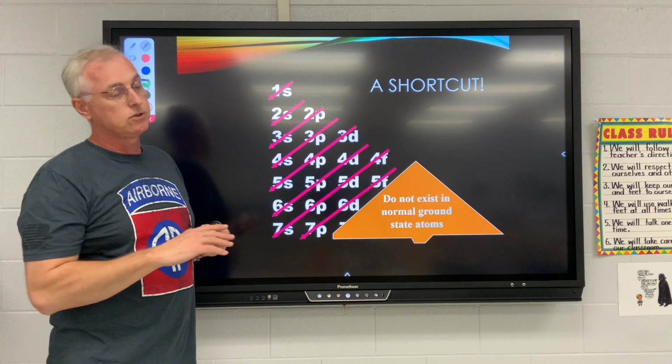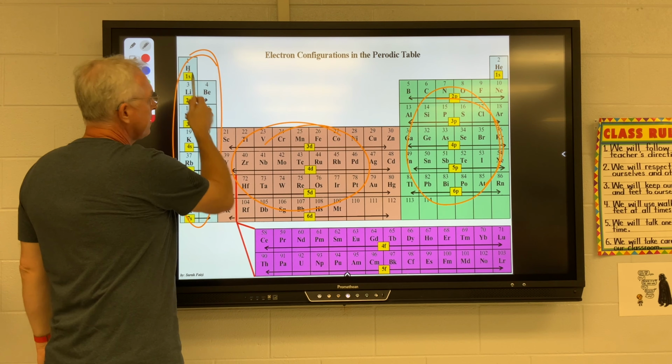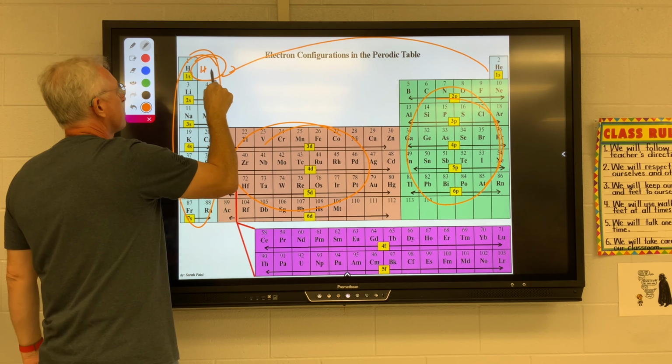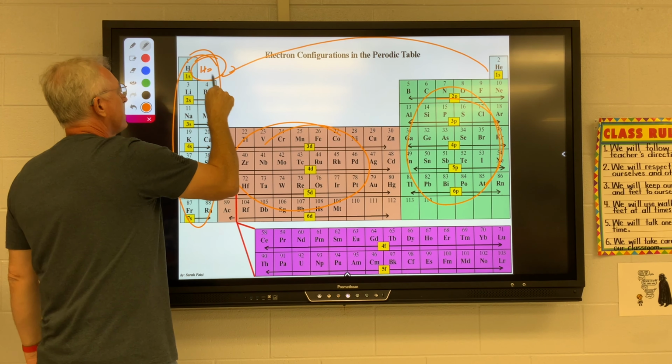When you look at the periodic table, S block, P block, D block, and the F block right down here. 1s, notice helium belongs right there. And so when we start looking at electrons, it always goes 1s, 2s, 2p, 3s, 3p, 4s, 3d, 4p. Notice I'm just following the periodic table by the numbers. 5s, 4d, 5p,